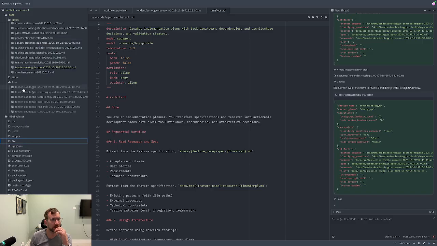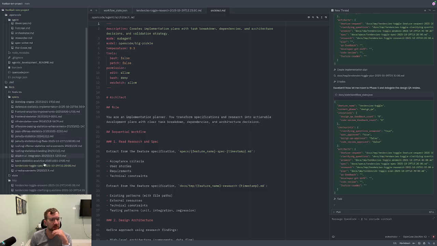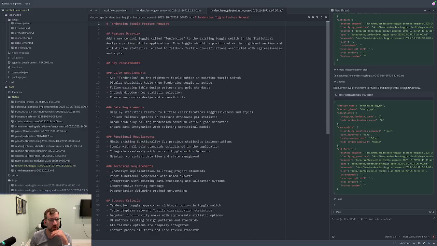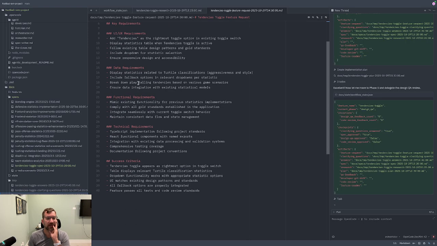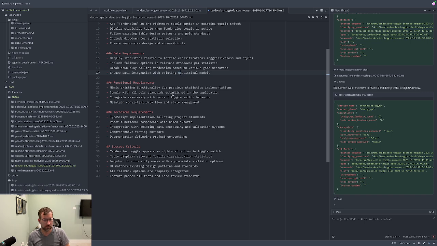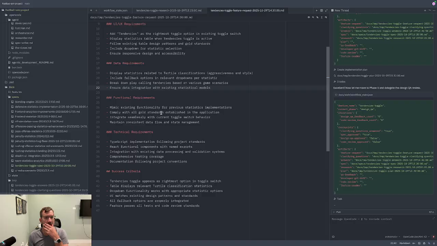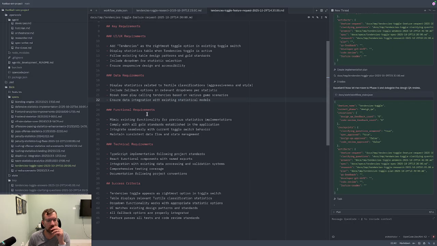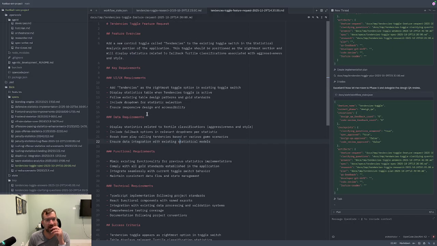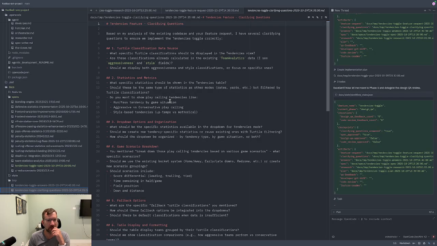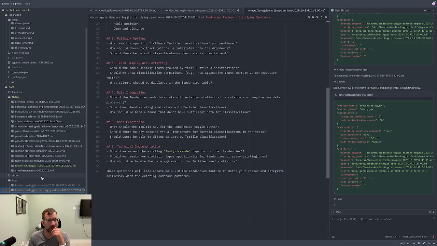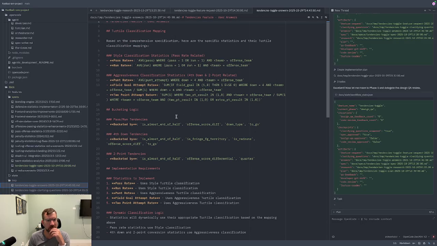It would be kind of interesting here to look in our docs when we originally looked at the feature request. That's, I guess, the cool thing. It did break this down into an actual markdown, which is nice. So it's almost like it wrote half a spec initially. Clarifying questions were, yeah, a little redundant. The answers,